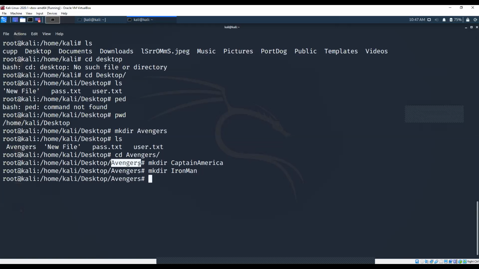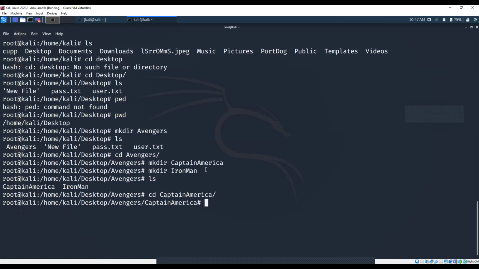I have made two different directories. I'll simply type ls, and you are able to see there are two different directories that are created in this particular folder.